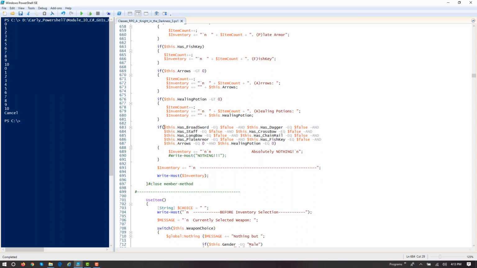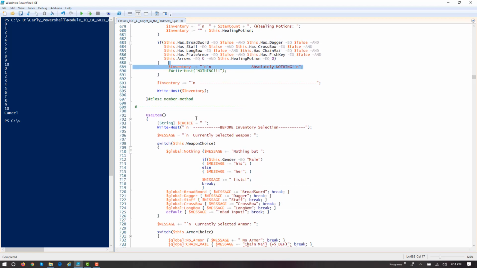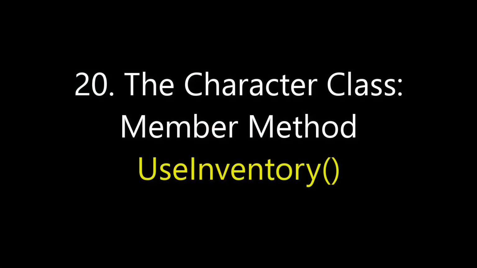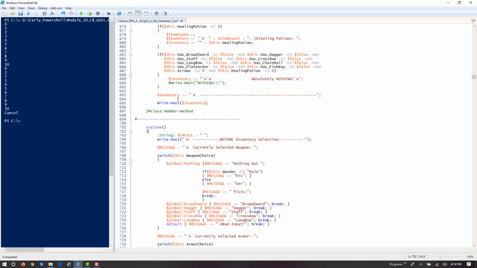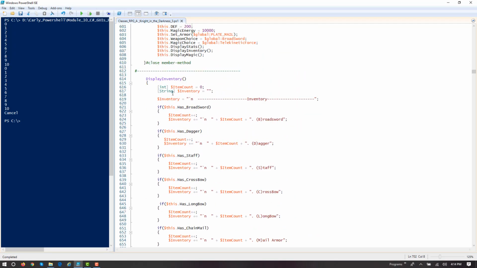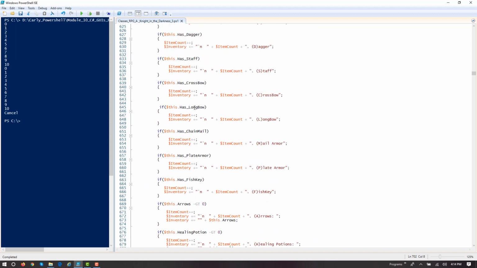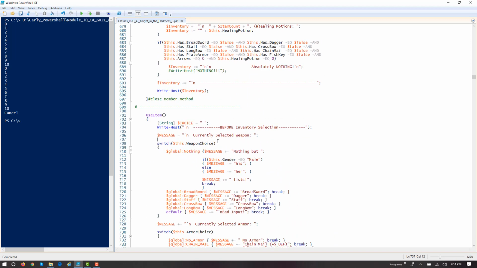And then finally, this is just a sort of compound logic condition right here in this if block. We're saying if all these are false: has broadsword, has dagger, has staff, has crossbow, if basically the character doesn't have anything, then we're just going to display they have absolutely nothing. Okay, now these are ways to display our inventory, but we need a separate function if we're actually going to